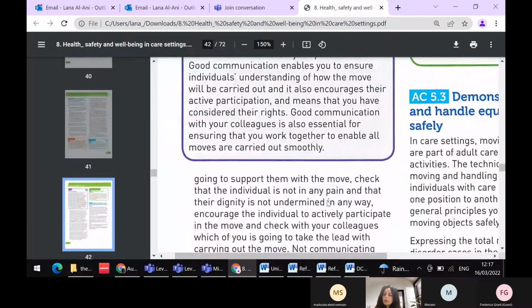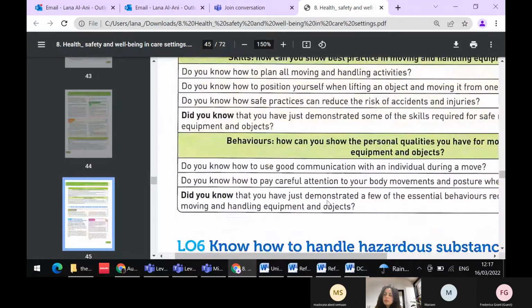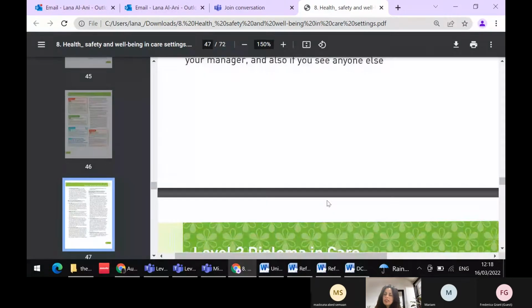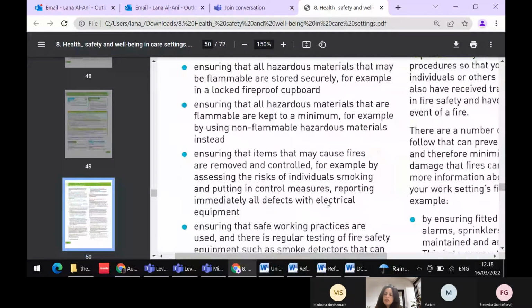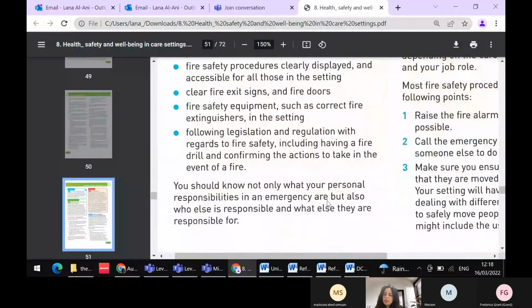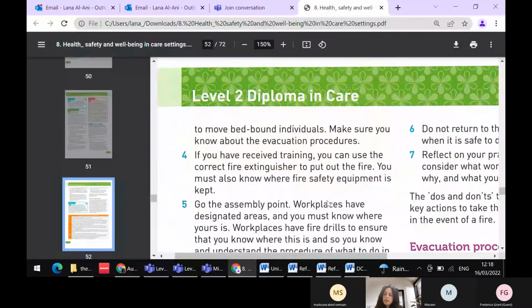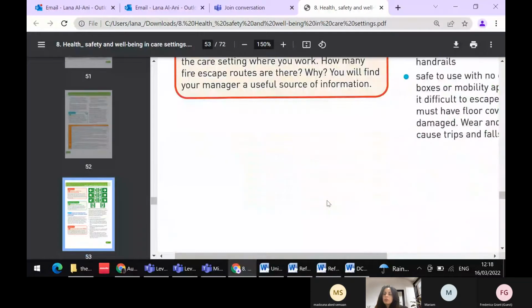So let us go to 8.1. Where is it? So far, did you understand everything? Yes. Okay, excellent. If you don't understand, please ask me straight away so we repeat it. I'm happy to repeat everything as long as you understand and can do good work. That's very important to me. Point 1.